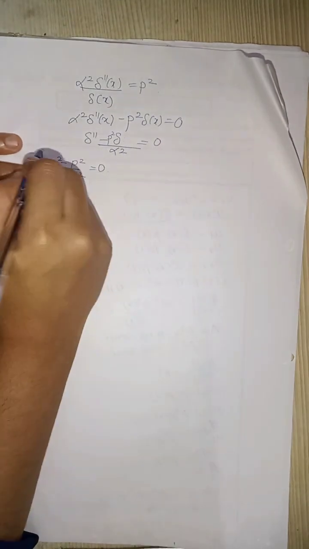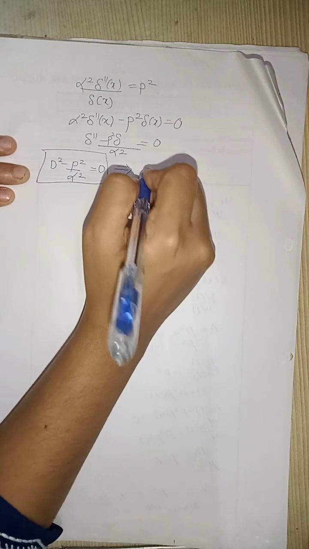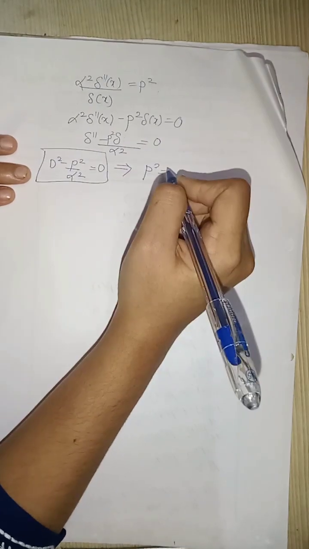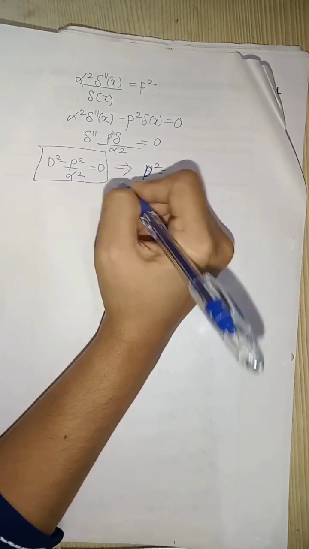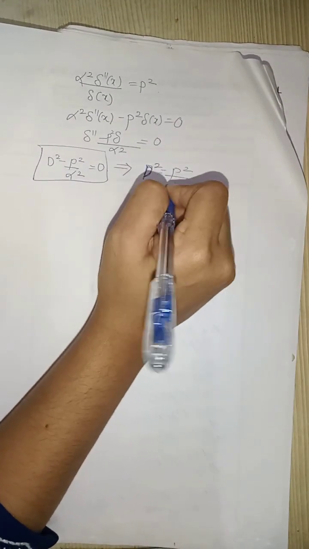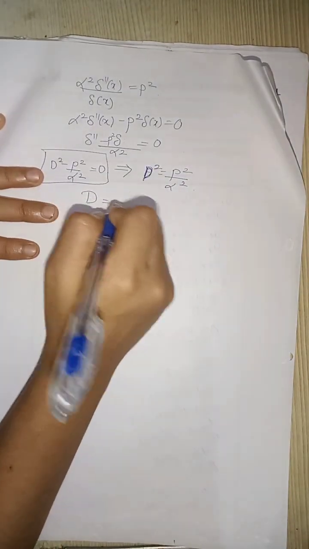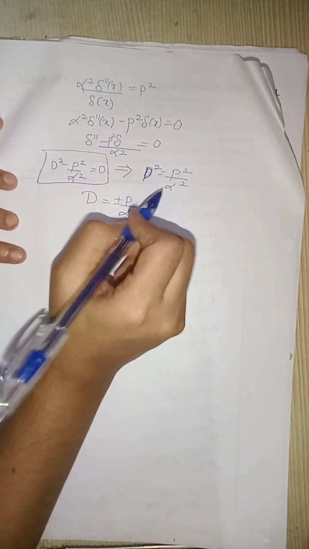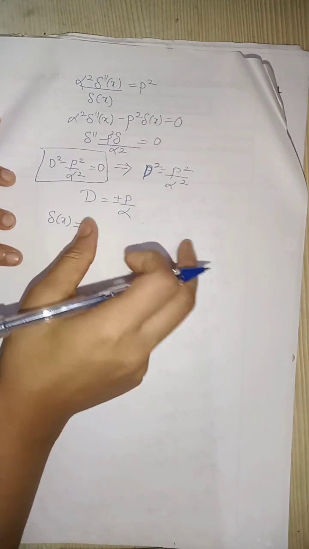So it is in the form of this. So writing this, you'll get p square equals to, so solving this, you will get d square, which is equal to p square upon alpha square, and taking square root, you will get d equals to plus or minus p upon alpha. So now if we got the value of d, so delta x will be equal to,